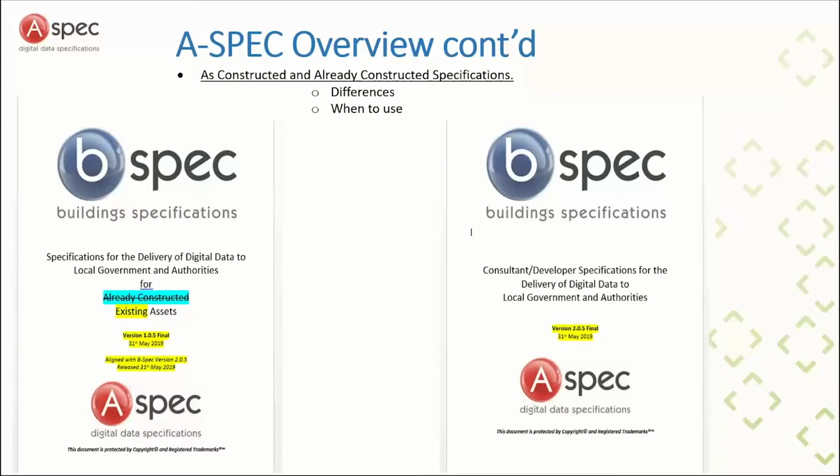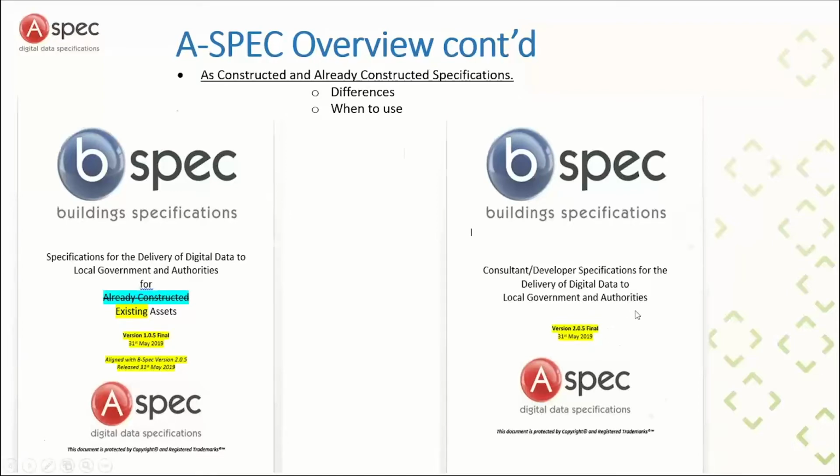So what we did was we took B-Spec, and this applies to all of the specifications, and we customized them. So what you'll see on the left is the specification for existing assets,